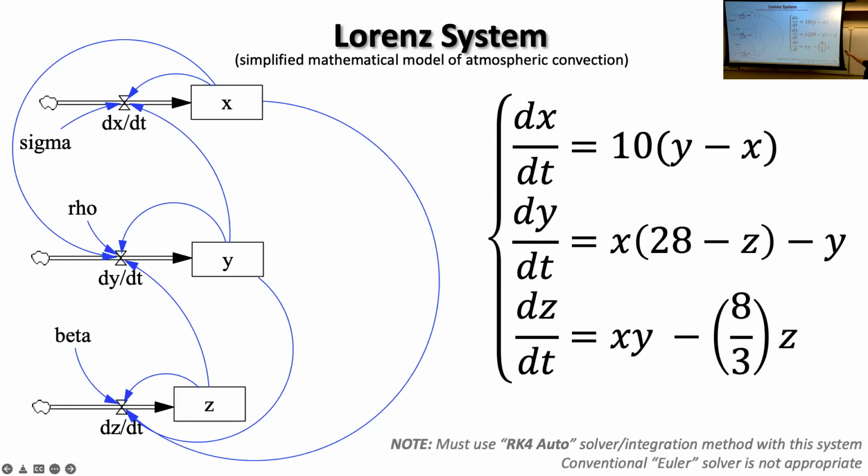So for Y, I could have modeled an outflow where it's just equal to Y, but for simplicity, I bundled it all into the inflow. And so my inflow is going to have a minus sign in there. But this is a system you can build in Vensim, and it's not really that much more complicated than the systems that you're building for your final projects. 3 stocks with interconnections. And this particular system and a bunch of other systems like it exhibit chaos.